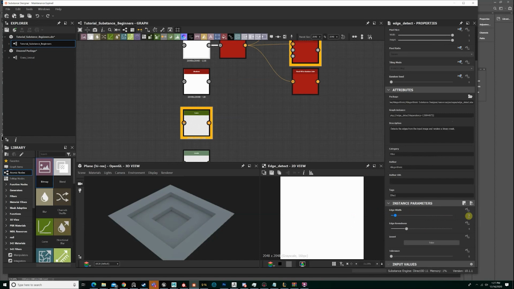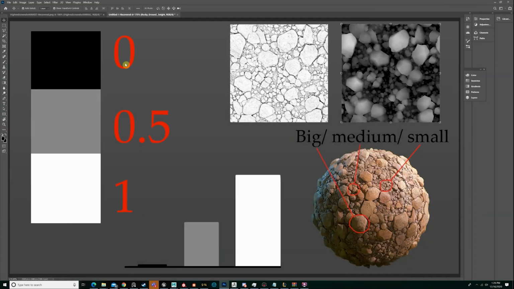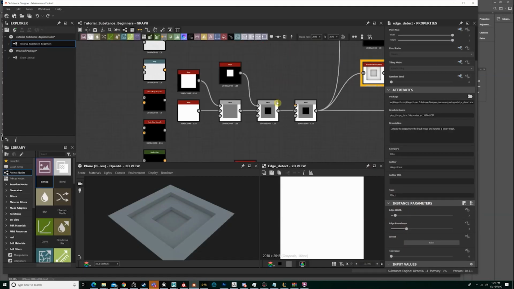Sometimes they go up, you could go to 16 and stuff, but it will always be on a 0 to 1 scale. This whole graph right here, even though it goes to 16, is on a 0 to 1 scale. It's going off the same logic system, this 0 to 0.5 to 1. Once you start understanding the 0 to 1 scale, you'll start seeing materials in a very different way, because